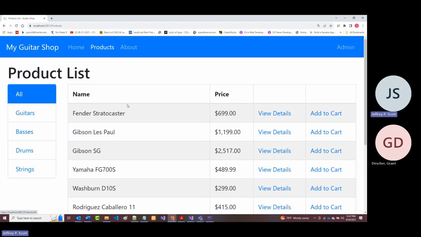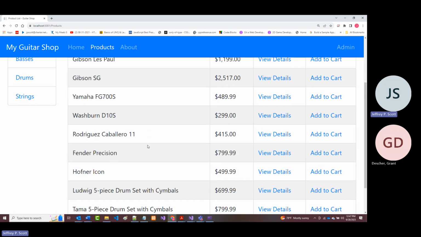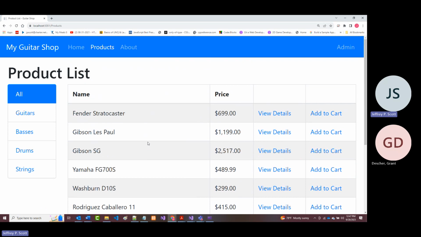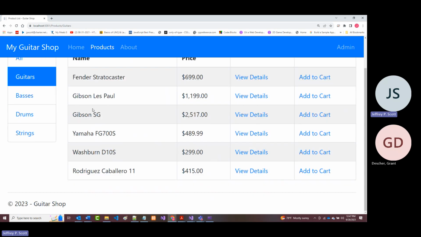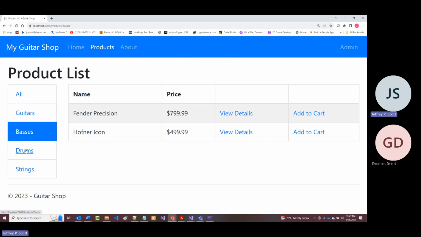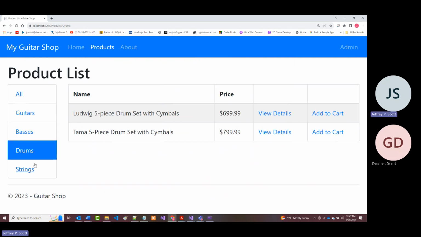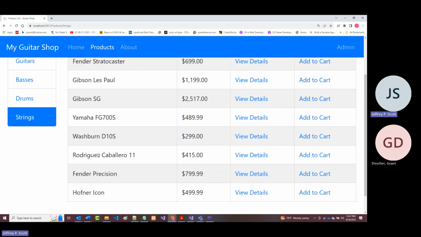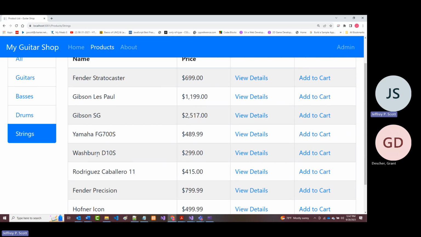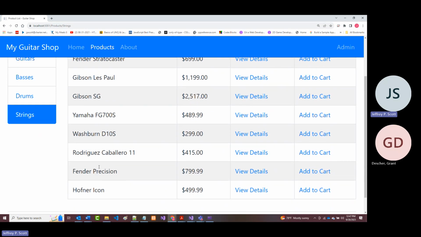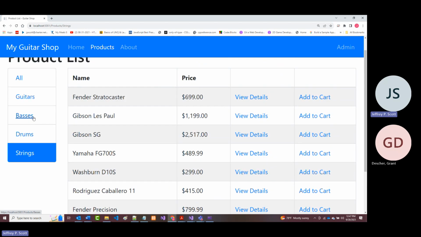And again, when you choose all, there's, I don't know, 1, 2, 3, 4, 5, 6, 7, 8. They've got 10 instruments. Notice when I go to guitars, it goes to 6. When I go to basses, it's 2. When I go to drums, it's 2. When I go to strings, now there's 8. So in other words, strings in this case are guitars and basses. And I'm not worried about that one,